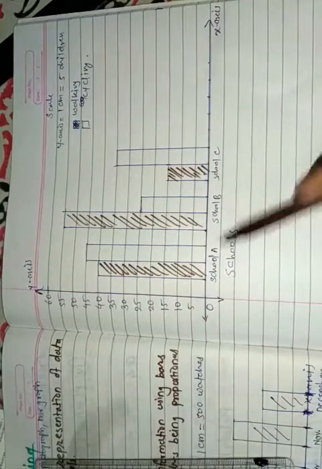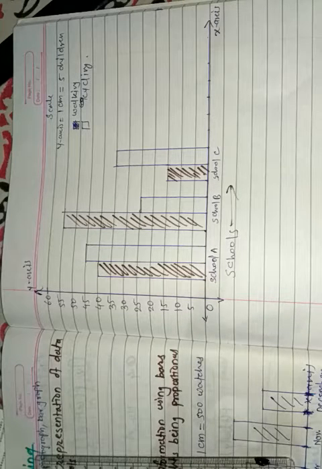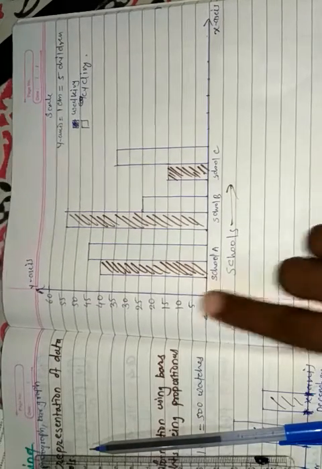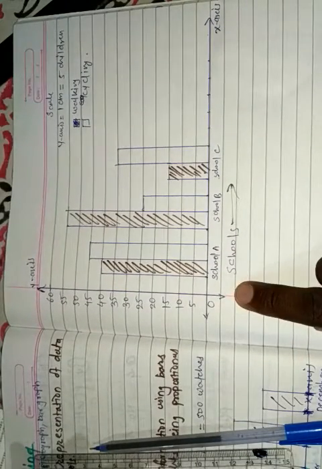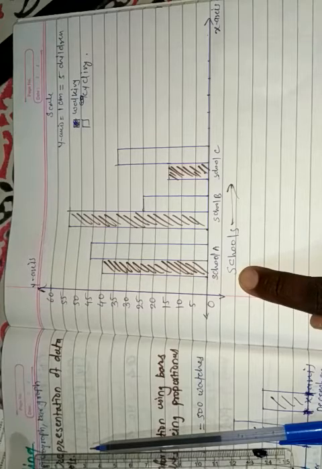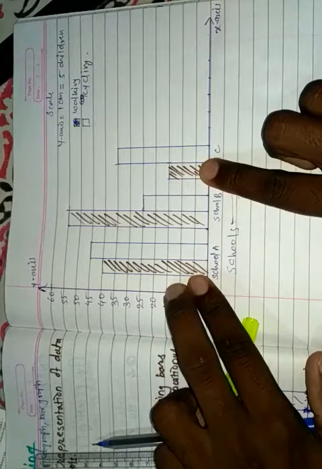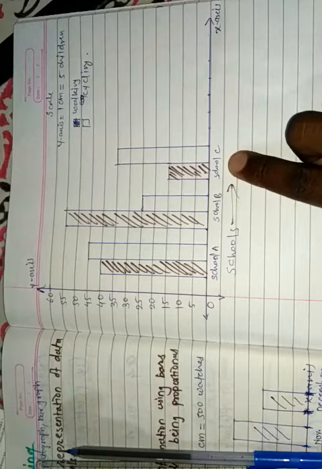On the x-axis I have taken the schools, and now I will ask the question of comparison. In school A, how many students prefer the walking? So I can give 40 students prefer the walking and 45 cycling. So who is more? So cycling students are more in school A. So I can again ask, in which school the walking students are very less? So by seeing the dashed bar, the dash bar is very less in school C, which is representing the walking. So walking students are very less in school C.